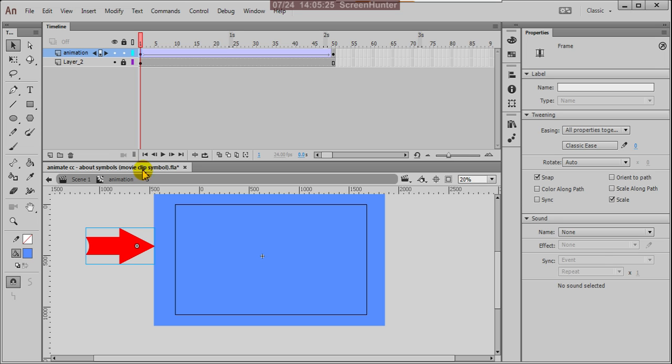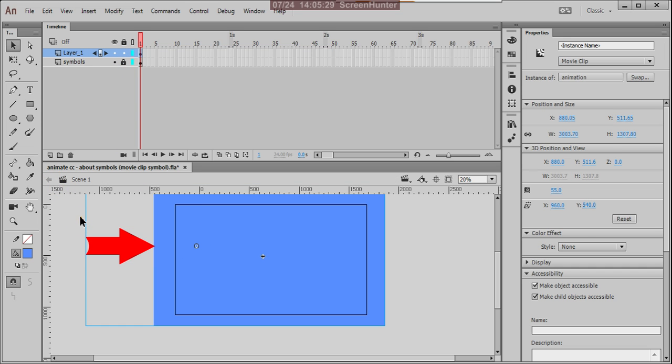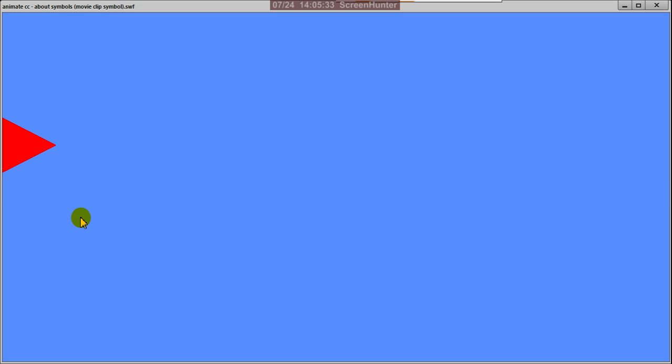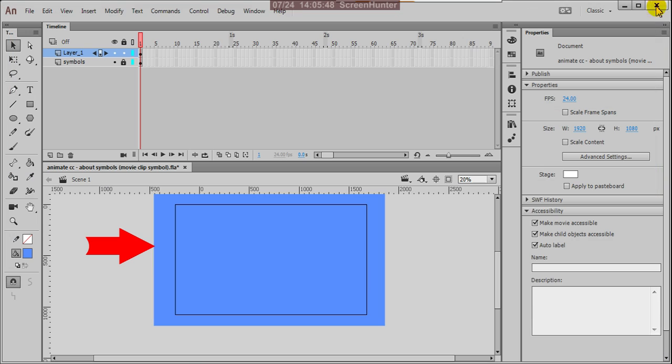Now check, you can experiment. Control Enter. Yes, beautiful. Your arrow is continuously entering and leaving, entering and leaving. About animation I'll explain clearly in the coming lessons.